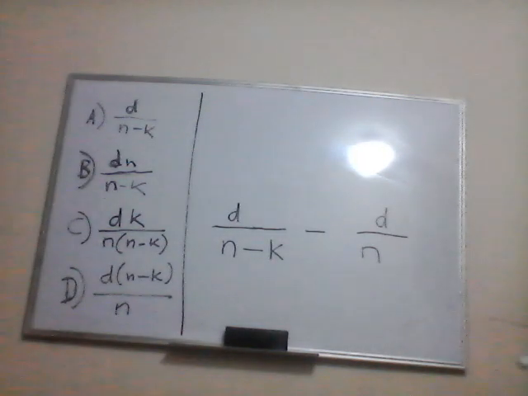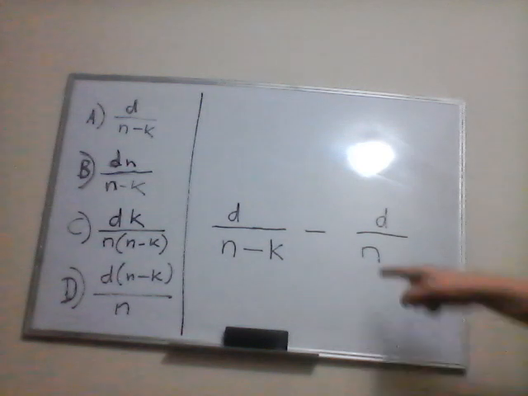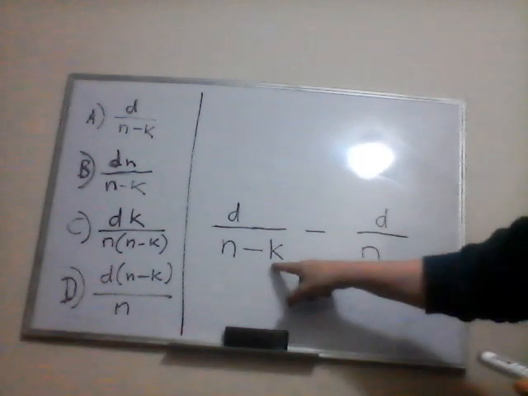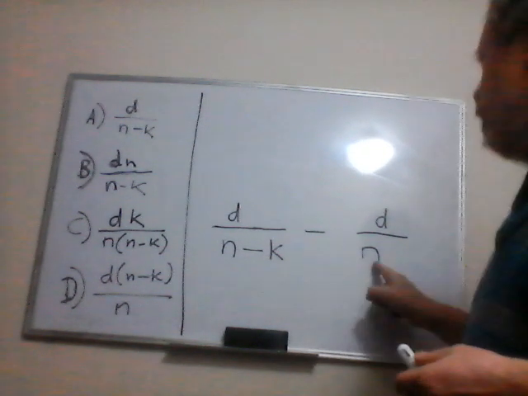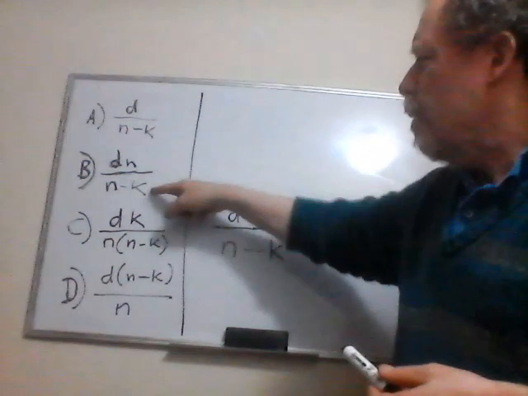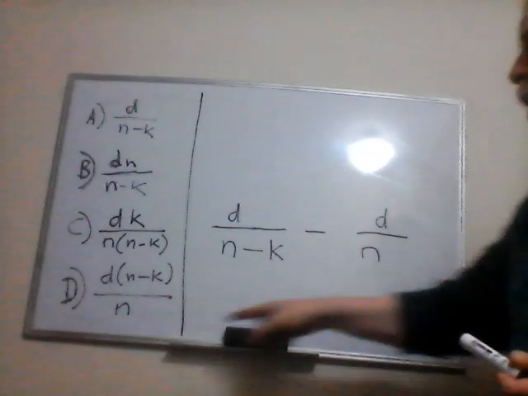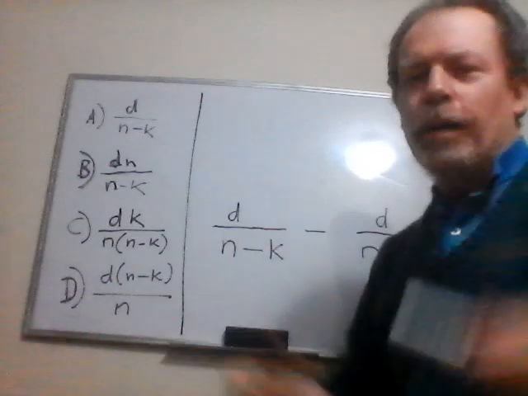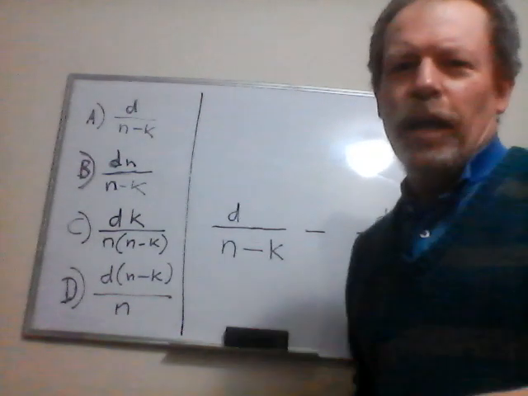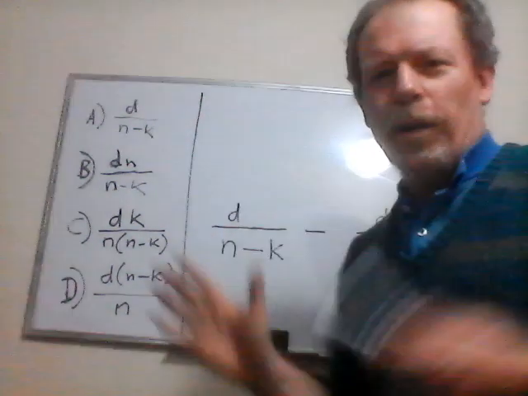How can you do that? Your instinct may be to try to get rid of one of these denominators. Okay? So if you got rid of the n, then you'd have this denominator, that denominator. If you got rid of this denominator, then you have this denominator. That would be really convenient if you could get rid of that. That's it. No, I'm telling you, it's not that convenient. I don't want to give you a spoiler here, but